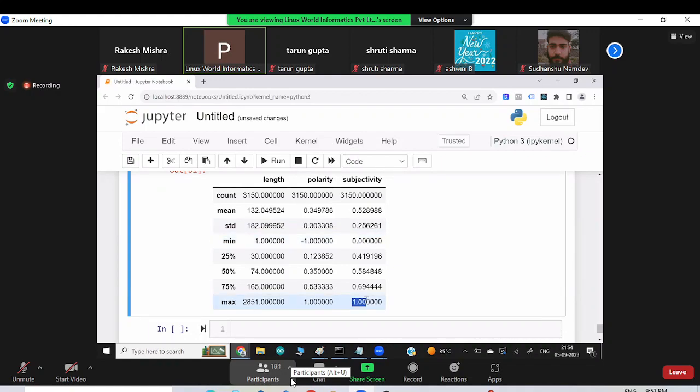Plus the mean is 0.5. Most of the guys have given medium subjectivity, and 0.5 is kind of close to 1, meaning a lot of guys have given opinions, maybe positive or negative, it does not matter. But here we can see 0.34, meaning most of the guys have given an average positive review. Okay, because this is the average of all the reviews, or all the polarity.